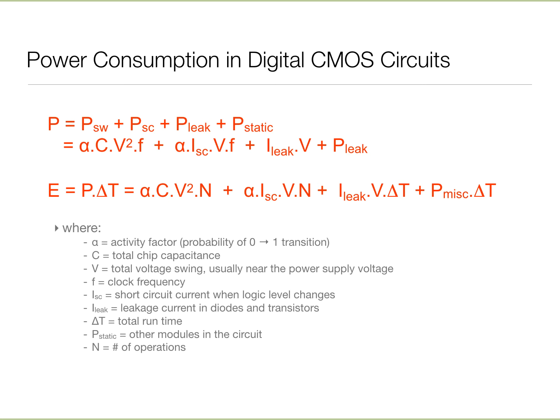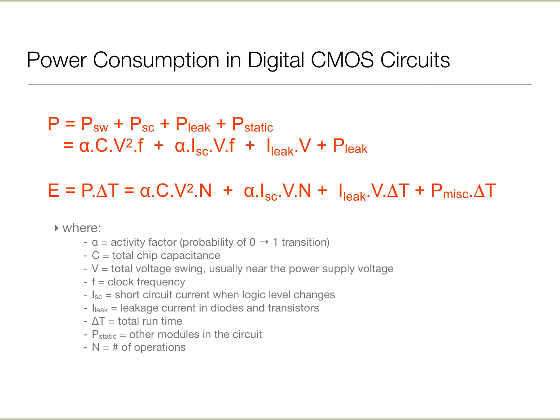If we think in terms of equations, there is this term which is because while the circuit is changing state, for a little while it's a short circuit and it's also charging capacitors. So the first two terms correspond to things which happen when a clock ticks. And then there is this leakage, and then there is this other stuff in the system. And if I think in terms of energy, energy would be power times the time interval, so we basically just multiply it.